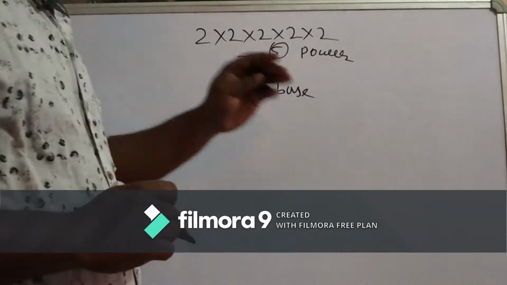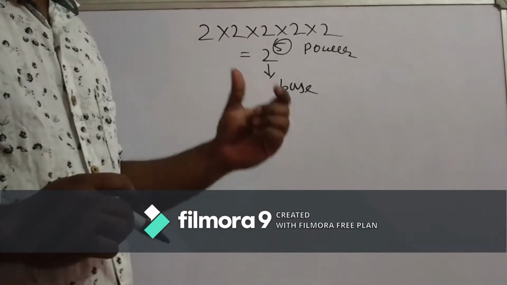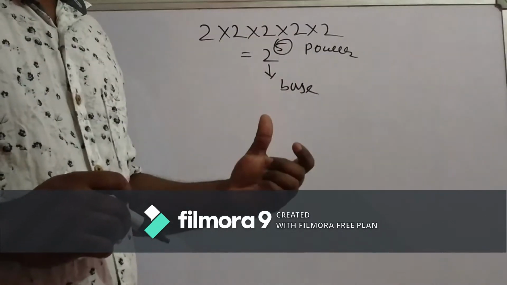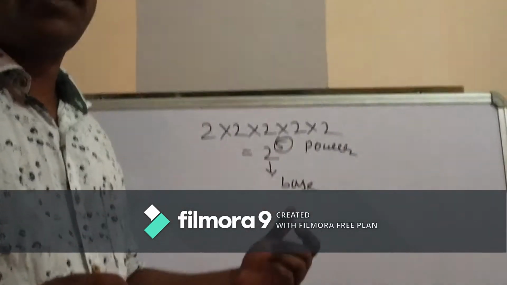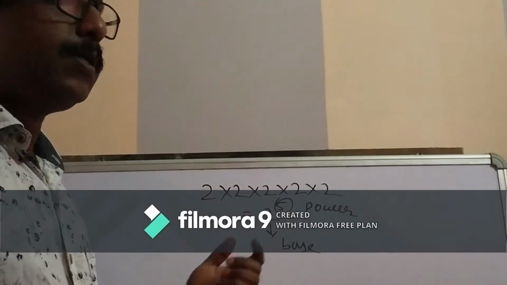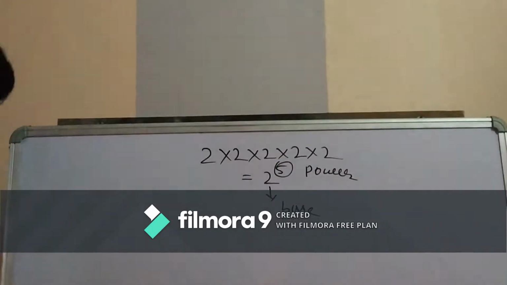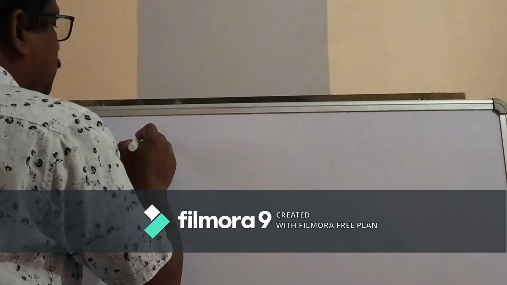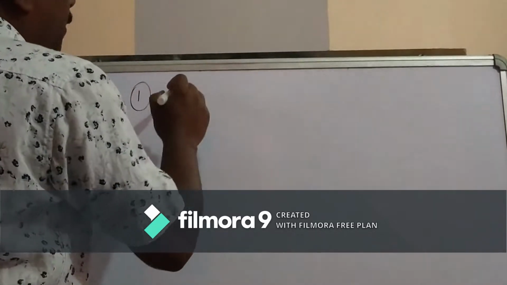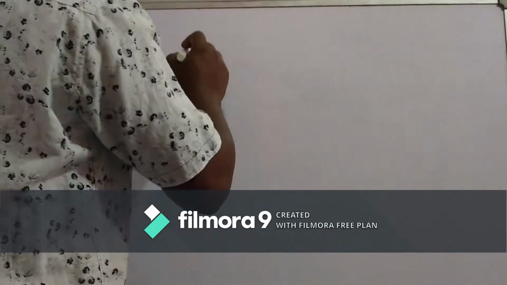Now I will explain to you some formulas related to this chapter which are very important, not required to be remembered. Just understand them, the concept should be clear so that you can do any type of problem on exponents that comes. So first understand the formulas I am explaining to you. First formula: suppose a, b are two variables and m, n are positive integers.